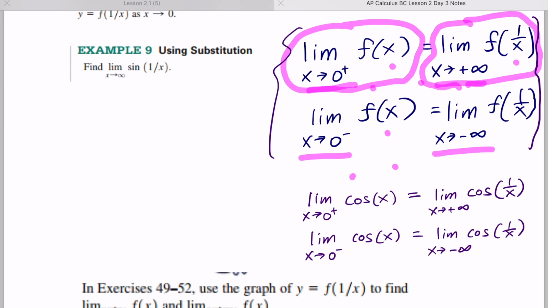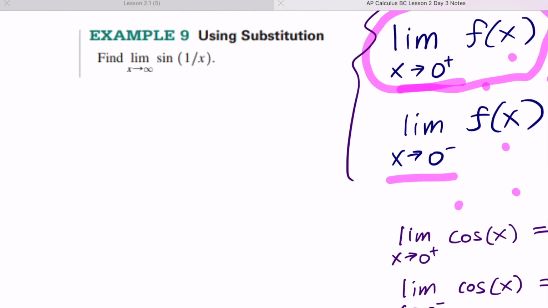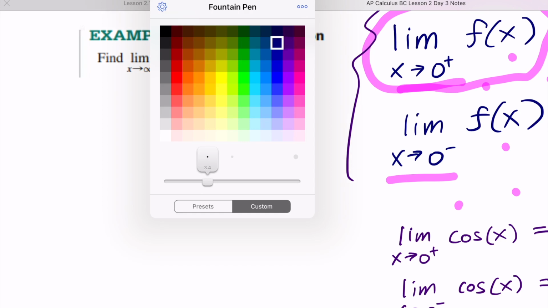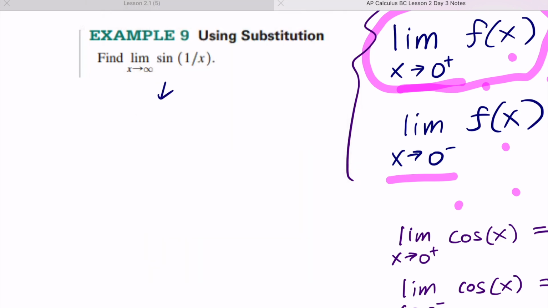Or what happens to the cosine of that particular value? So numerically or conceptually, you could think about that too. One quick example right here, example 9. Find the limit of 1 over sine of x as x approaches positive infinity without having to graph this exact function. So a way to apply what we just talked about would be to tweak this problem